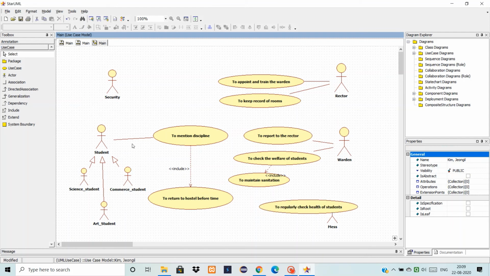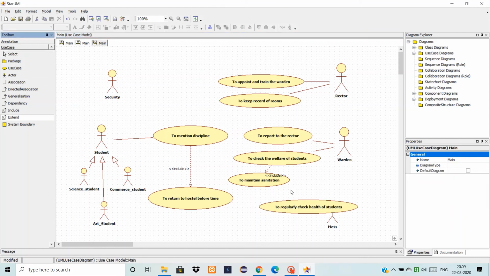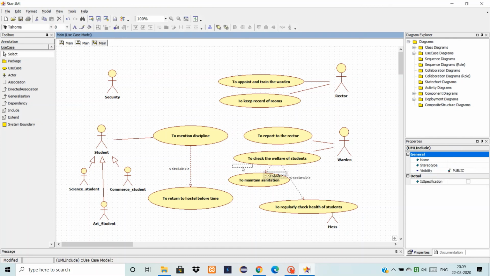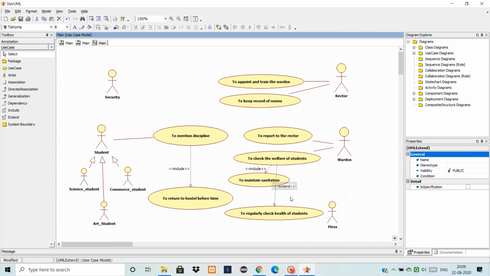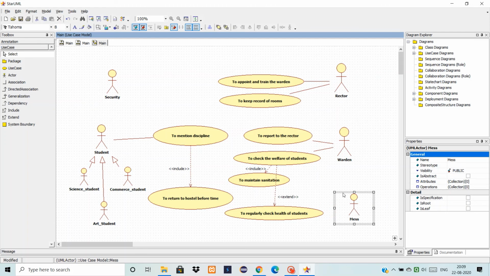So that is basically where we use the extend function, as I've told you in the video. I'll make it, because it's not a compulsion for the warden to do that. That's why we include that in the extend stereotype. So now I think you'll be getting the gist of how we actually draw this.